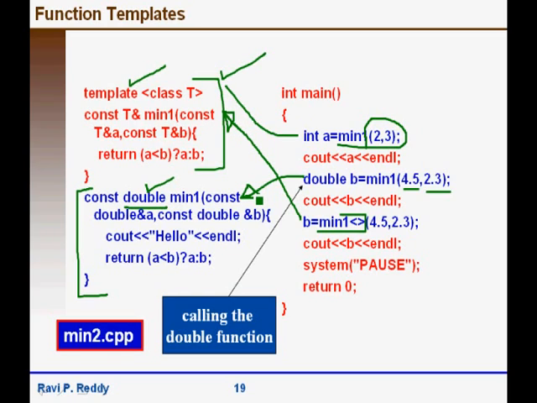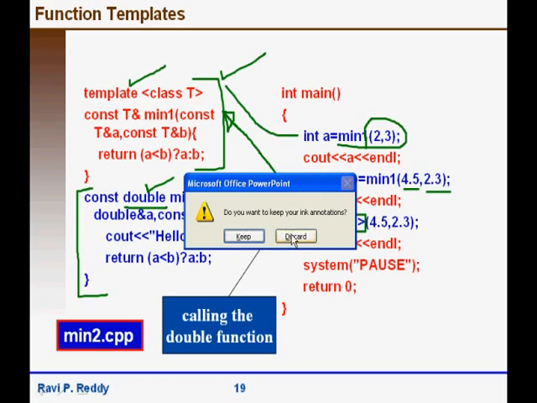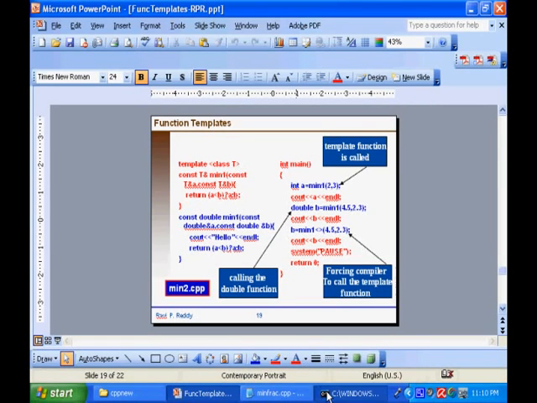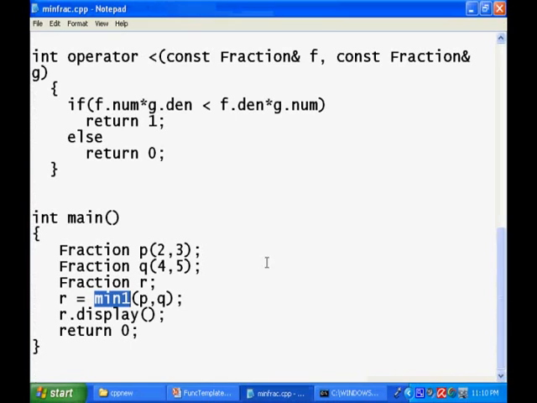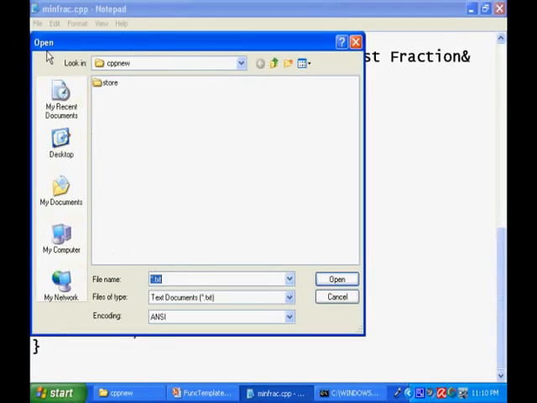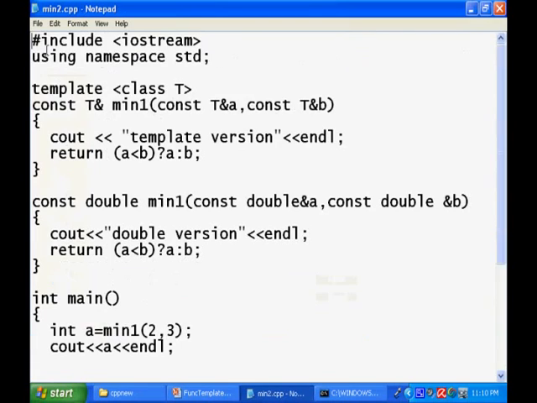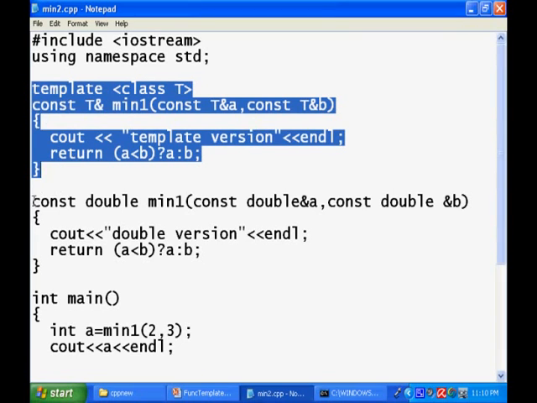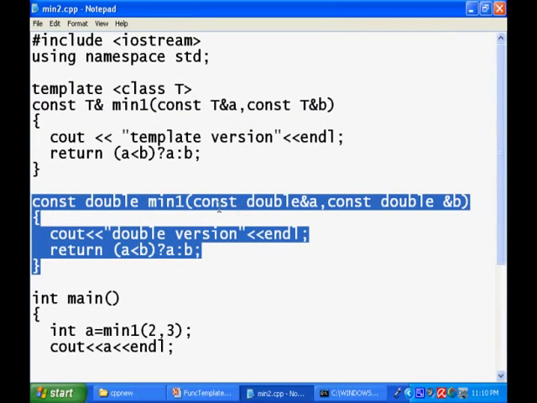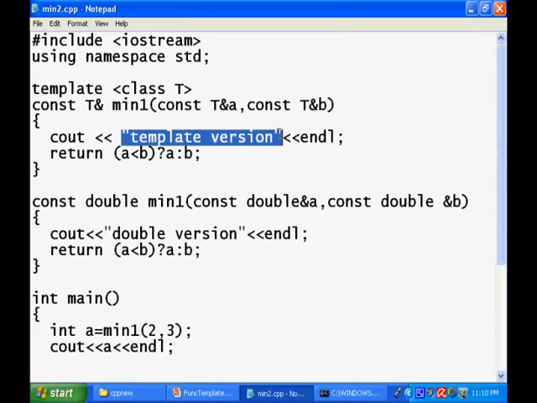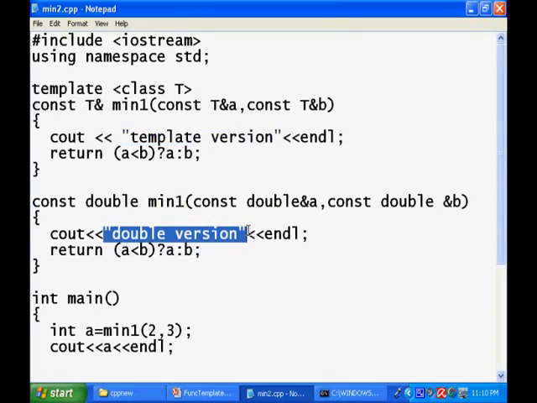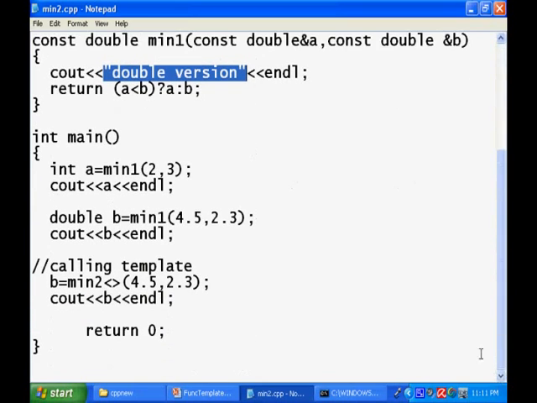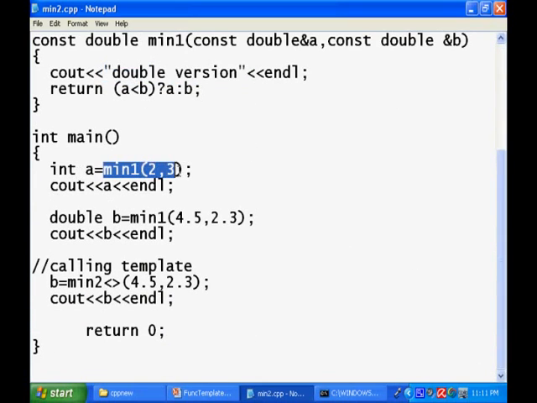Let's see this in the example min2.cpp. Here's our function template min1. Here's our specific version for the type double. Here it prints template version and does the work. It prints the double version and does the work. Now as we saw in the code, this min1 2 3 calls the template with the integer values. Min1 with doubles calls the specific double version,